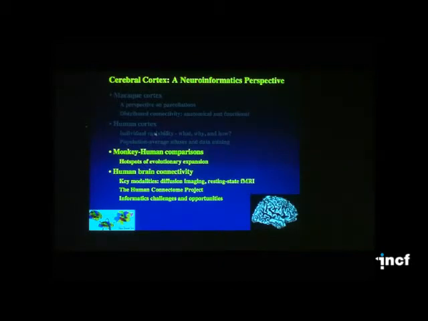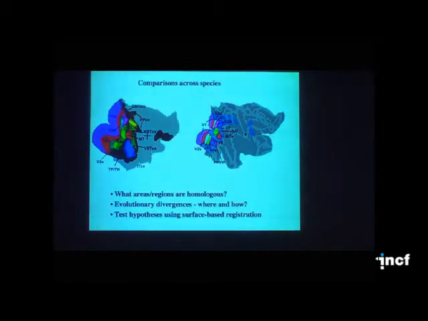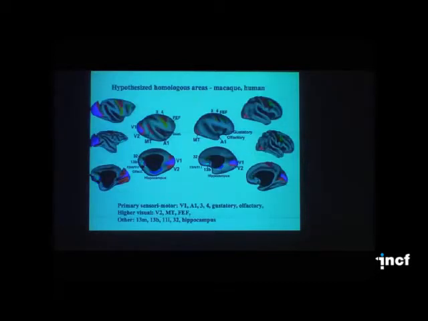We can take the human and monkey data that I've shown you sequentially and put them side by side, literally here, and ask how do the maps of cortical parcels in monkey relate to the maps that look very different side by side in humans, and what areas can we say are homologous and what can we say about the evolutionary divergences. To do this, we can identify a set of strong candidate homologs, V1, V2, MT, auditory cortex, and so on,